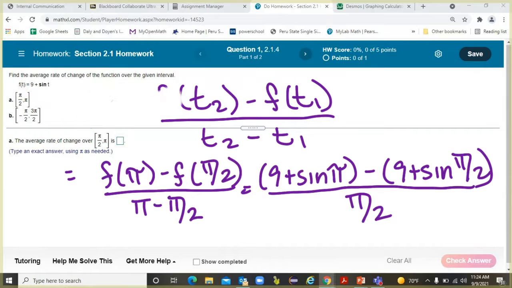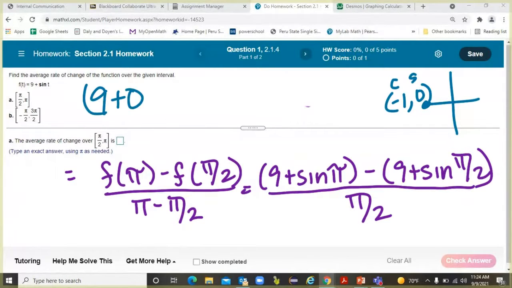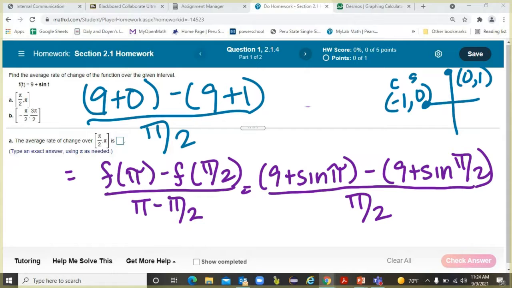And now I'm moving to the top of the screen. All right, so let's see, sine of pi. Pi is this one, which is the point (-1, 0), cosine, sine. So sine is 0 here. So we have 9 plus 0 minus 9 plus sine of pi over 2. Pi over 2 is the one here on top of the unit circle, so that's the point (0, 1). So our sine is 1. And then divided by pi over 2, which gives me 9 minus 10 over pi over 2,